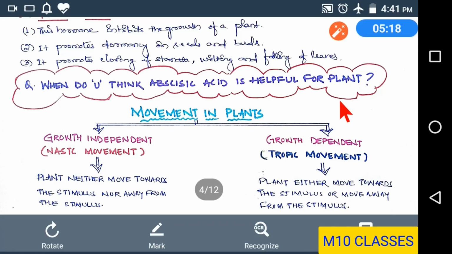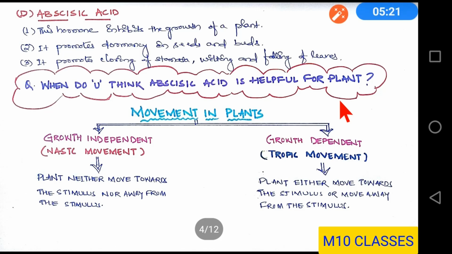Now, what do you think? What could be its importance? See, in case of drought, or let's say in the hot summer, when there is scarcity of water, the plant cannot afford to lose water. In that case, what happens? Plants close their stomata, due to which they will save some water from being lost, that means in the case of transpiration, as you know, it loses water. To save that water from the loss during transpiration, it closes the stomata. Now that's why the plants get wilted during the summer.